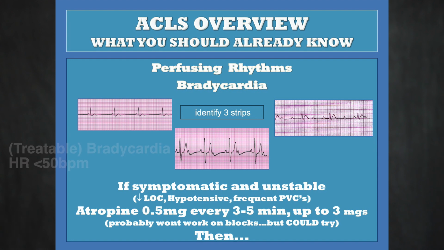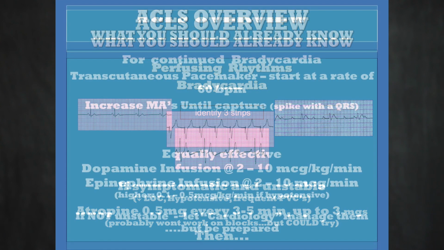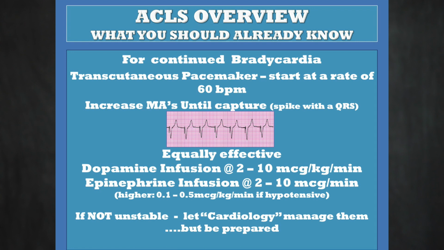So if the heart rate is below 50 and the patient is symptomatic with low blood pressure, decreased level of consciousness, or ventricular ectopic beat, and he's not getting better, you may get ordered to try a dose of atropine or several doses of atropine at 0.5 milligrams per dose. If the patient has a heart block, we may use the atropine or we may use a pacemaker to manage that patient. But also that patient who has a bradycardia that doesn't respond may get dopamine as an infusion or